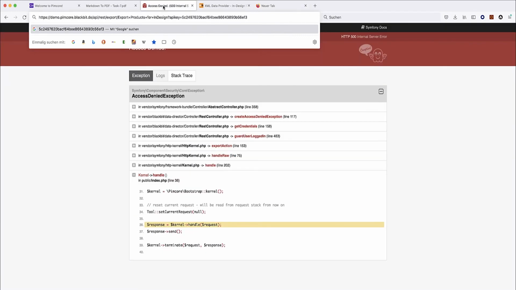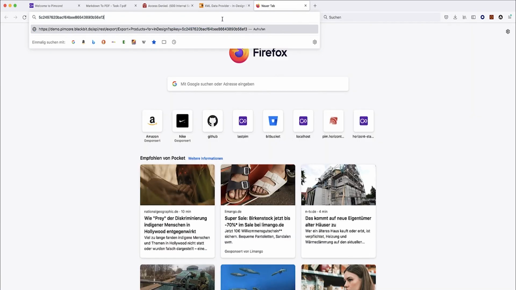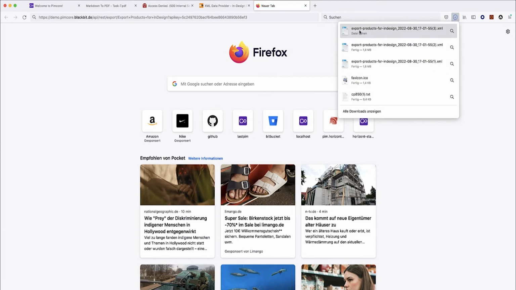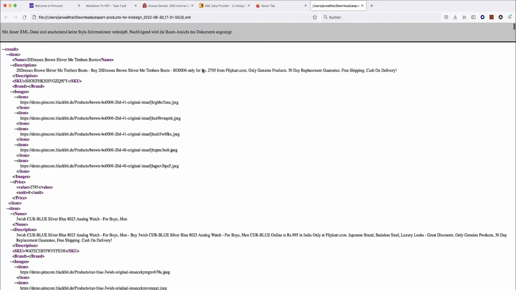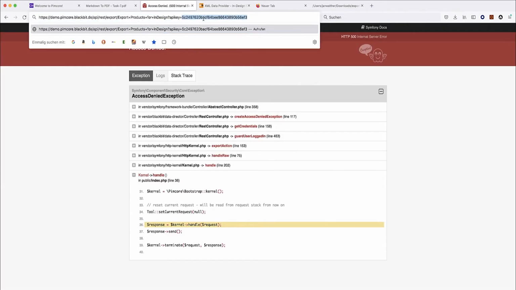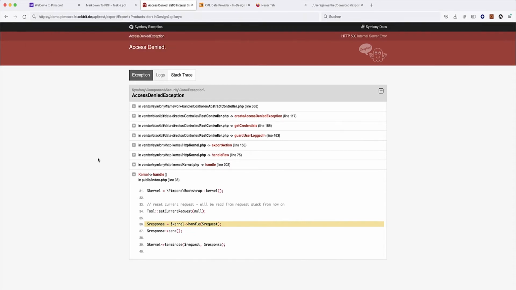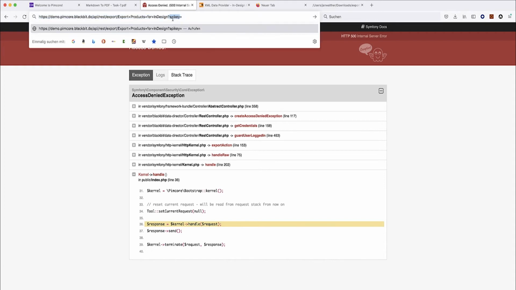When I use a new window, then it will even be better visible. You'll see here is our file, and this got downloaded. The API key here is not only that you can get access, but you can also restrict certain areas of your Pimcore. For example, that some users see certain data objects and others do not see them. So a data director export can only export the data which the user whose API key is provided has access